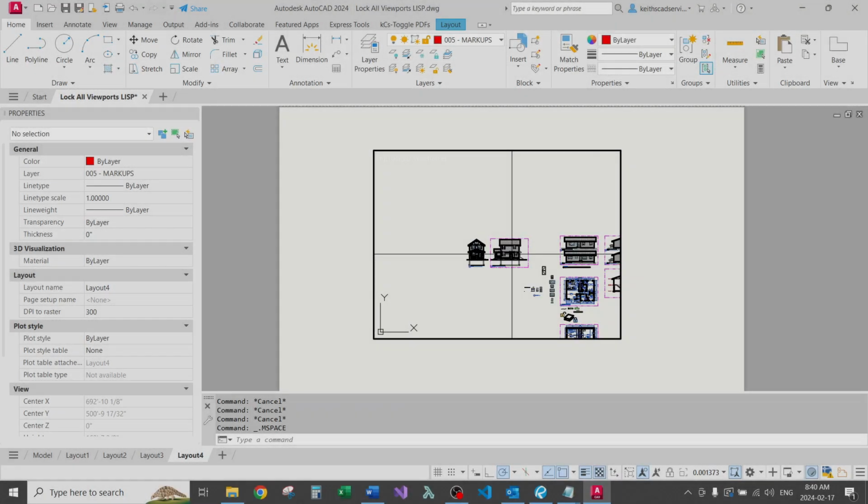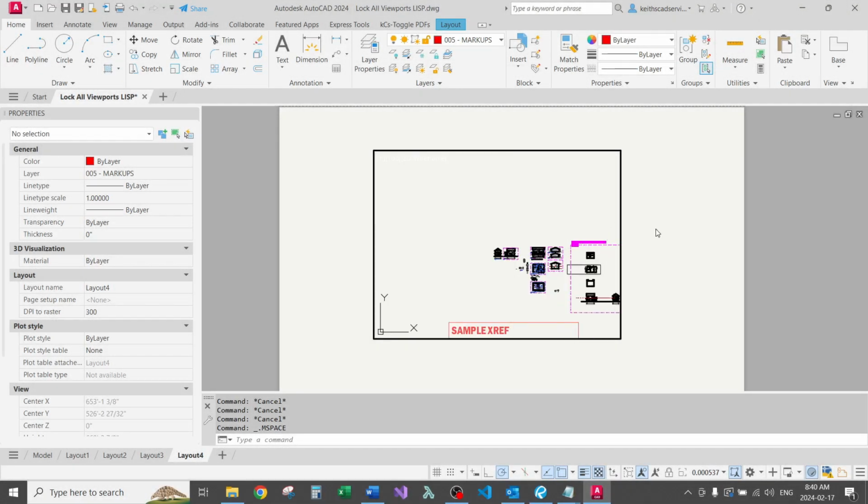If you hate dealing with unlocked viewports in AutoCAD, then this video is for you. We're going to develop an AutoLISP command that will lock all the viewports in your drawing in a single step. This video will also be a good introduction to AutoCAD's object model, and a good primer for using AutoLISP to cycle through each object in your drawing's database and perform some type of action on each